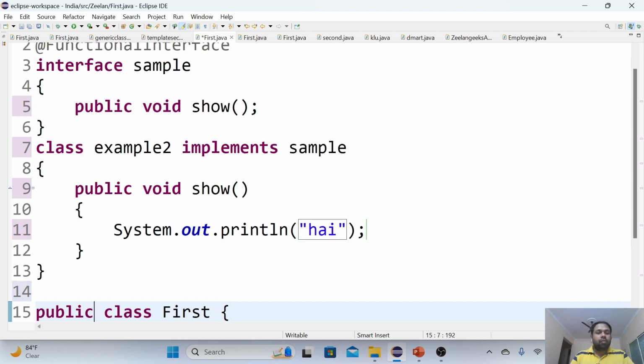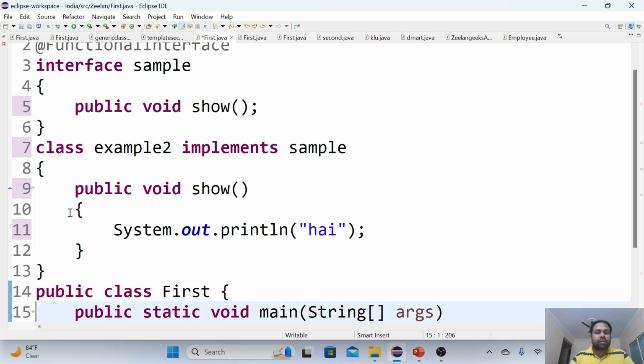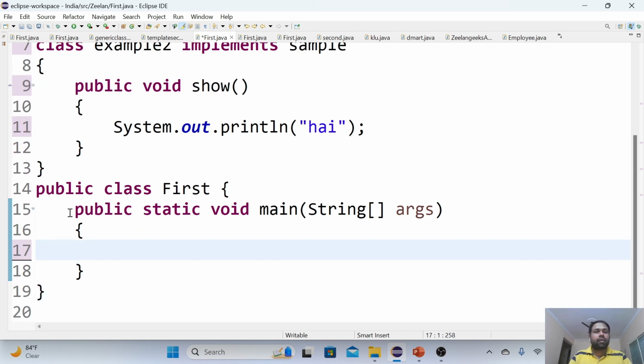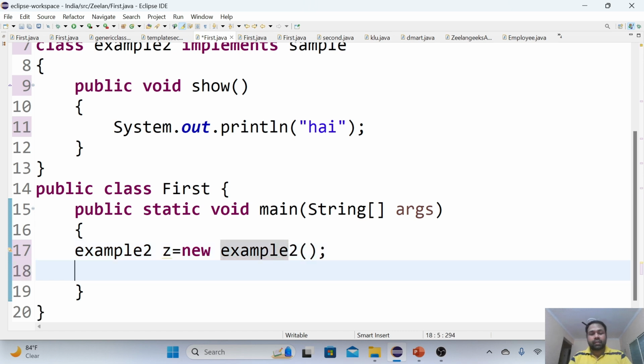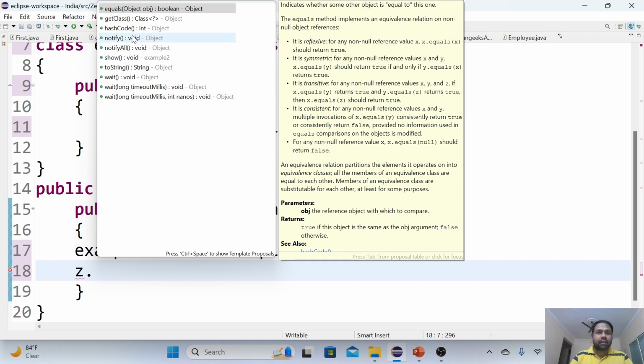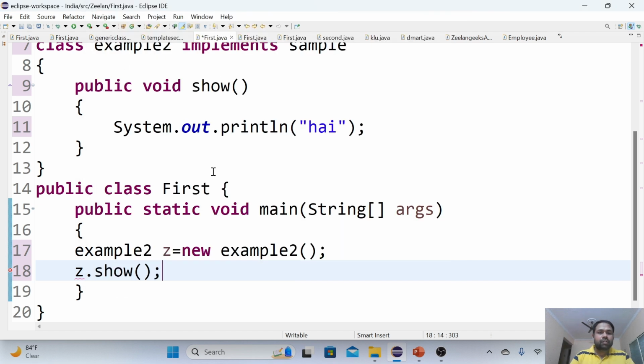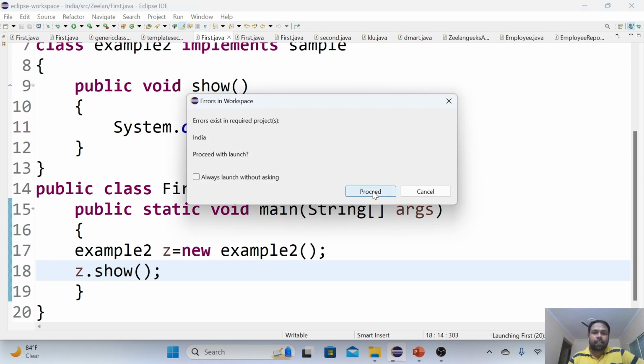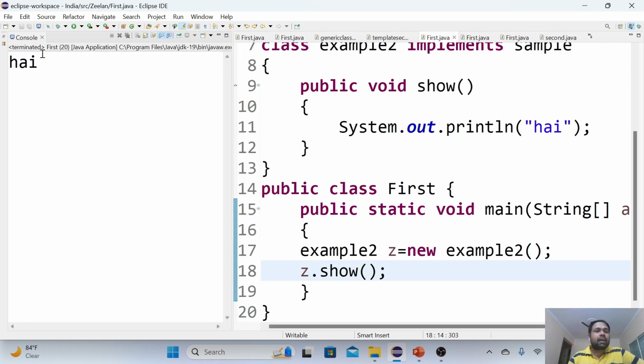Okay, now in order to run this, in order to print that hi message, what we will be doing, we will be creating an object for the class Example2: Example2 z equals new Example2, and after that z dot, what is the method name? Show is the method name, and after that we will execute this code